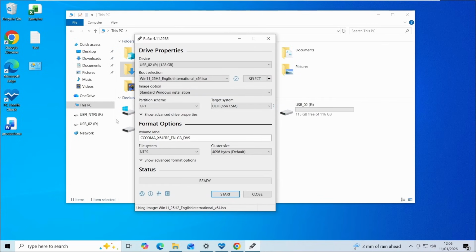Once you've selected the ISO, you'll see settings for image option and partition scheme. You can leave the image option as standard Windows installation, that's fine. For the partition scheme, if you are installing on a modern PC, choose GPT and UEFI. Else, you can select MBR and BIOS. You need to confirm which one your PC uses. To confirm this,